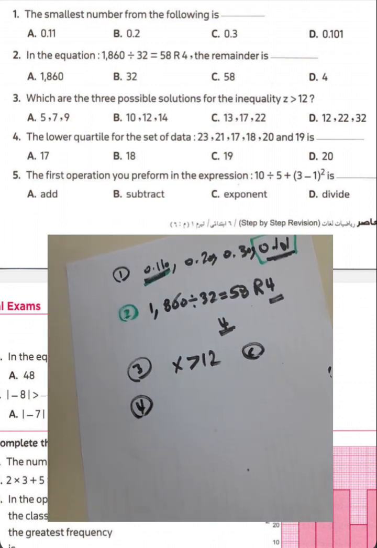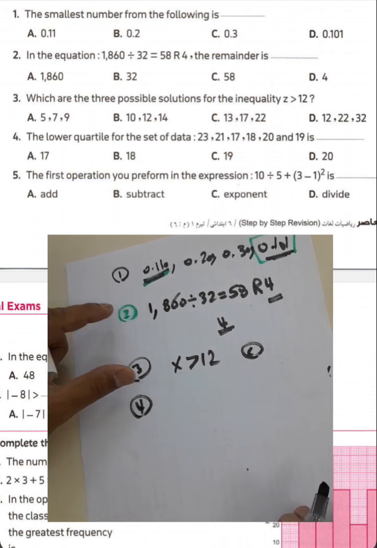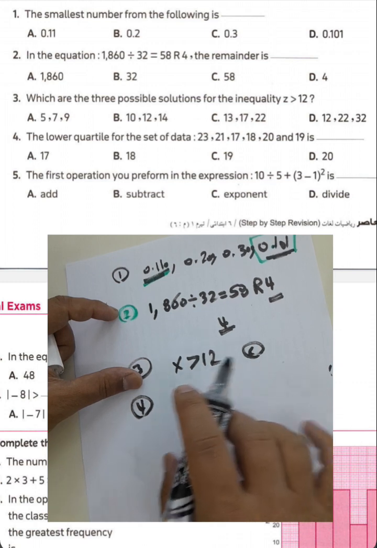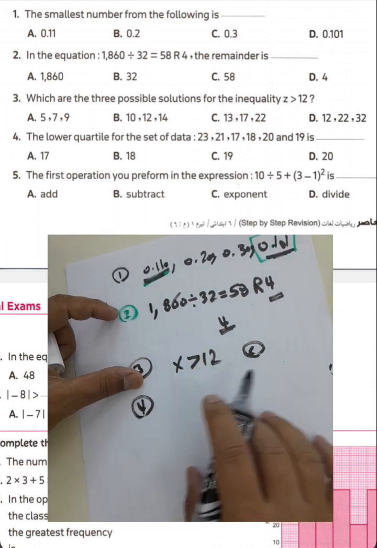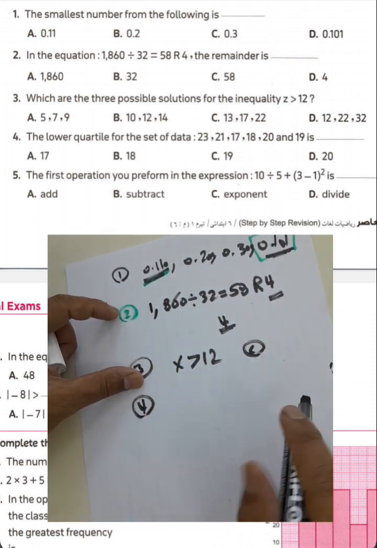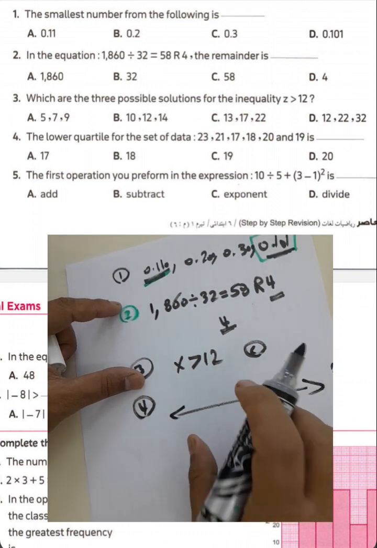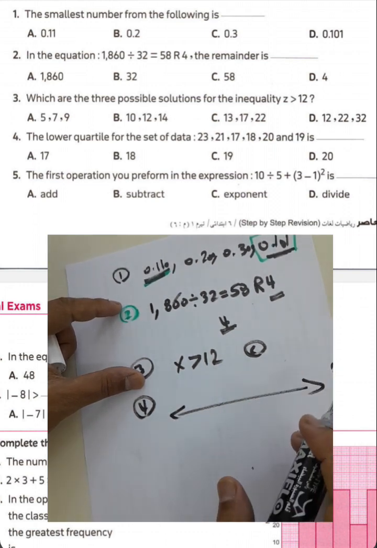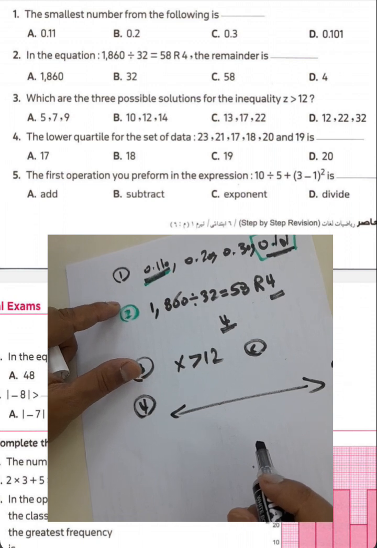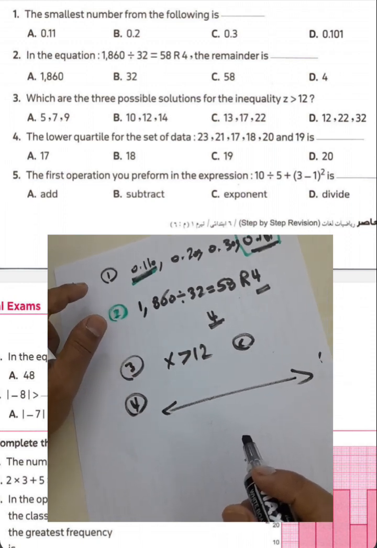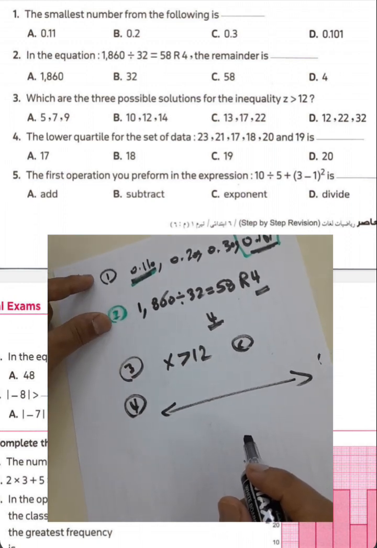Question 4. The lower quartile for the set of data. We have numbers here, and we want to find the lower quartile. To find the lower quartile, you must arrange all values ascending or descending. In a number line, to draw a box plot, we must arrange ascending. First, we write the smallest number. It was 17